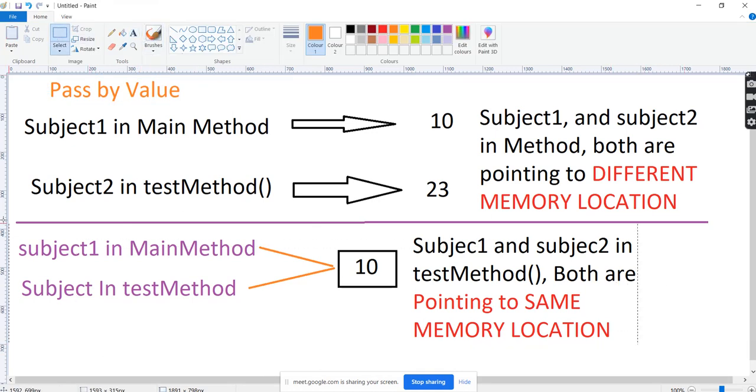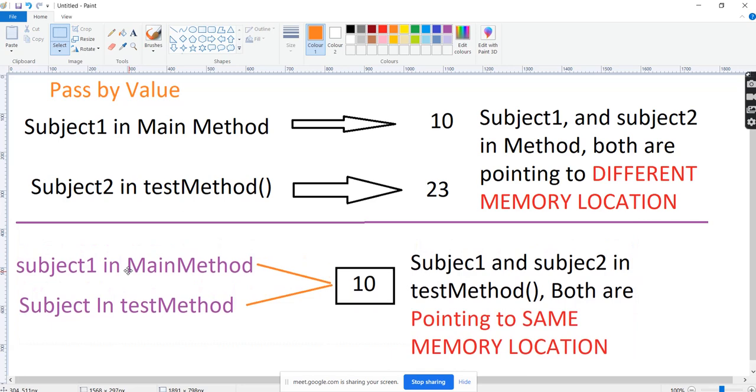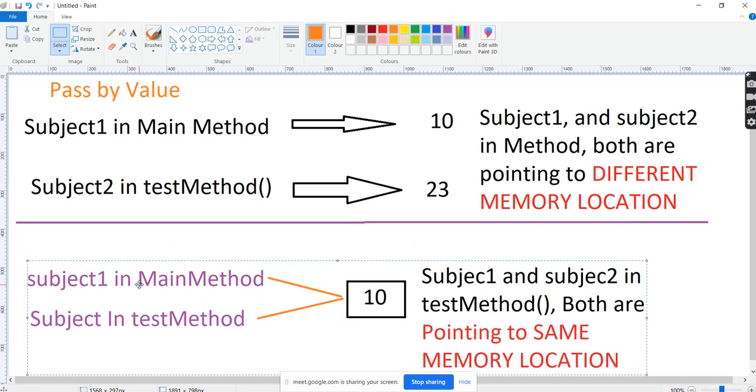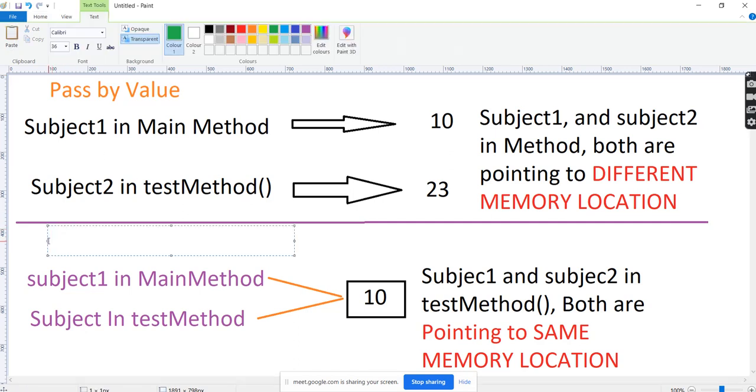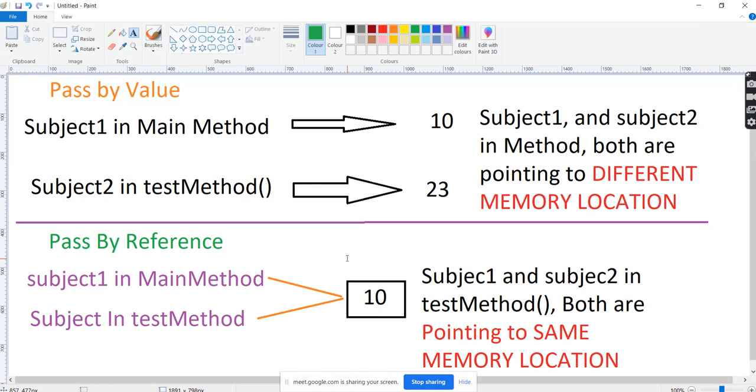This is called pass by reference. This is the major difference between pass by value and pass by reference.